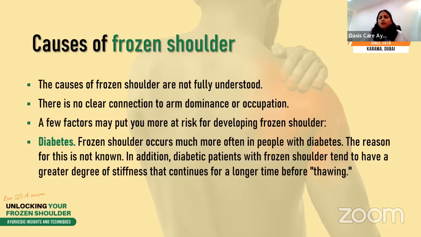Sometimes because of occupation, frozen shoulder happens, because of the typical position of the hand, or because we are sitting in a sedentary position. Because of many kinds of systemic disease, even, frozen shoulder happens, not only because of our lifestyle but because of some diseases also, especially diabetes. Frozen shoulder occurs mainly in diabetic patients, and additionally frozen shoulder tends to get stiffer very fast in diabetic patients.